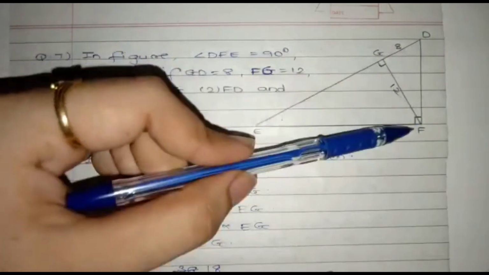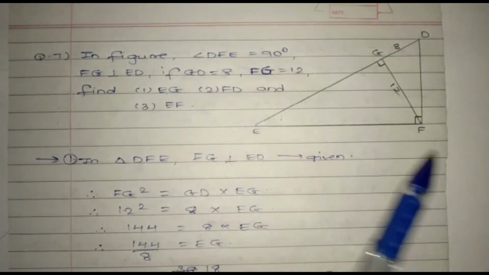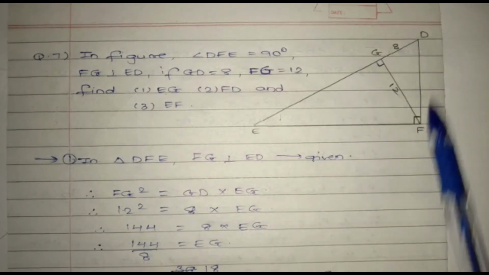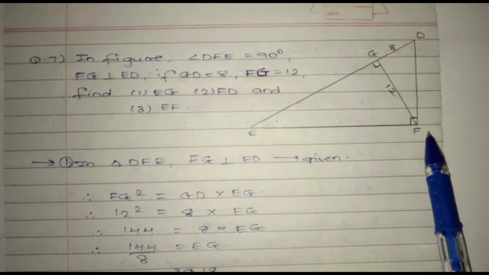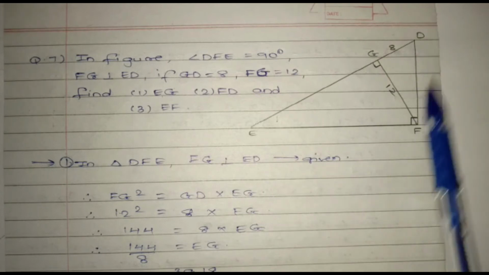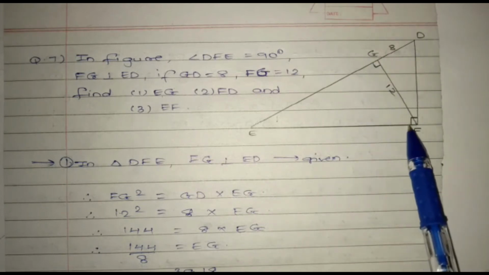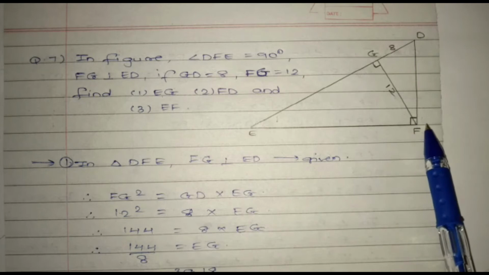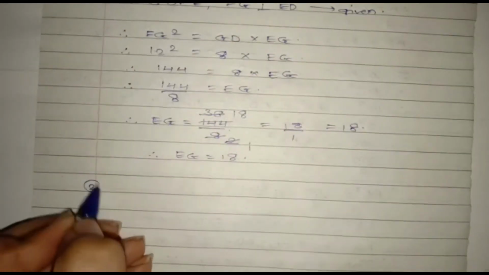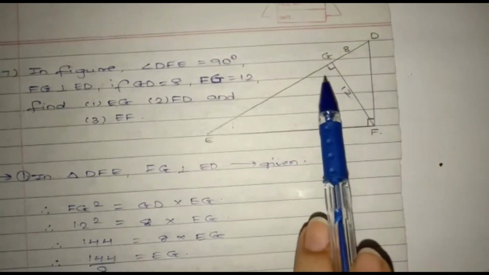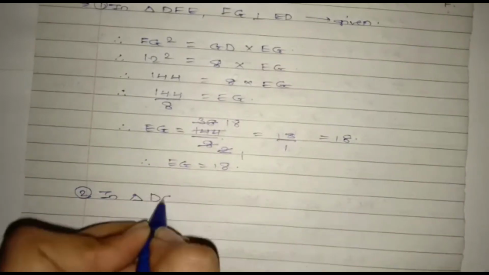Now we have to find out FD, which is this side. We can see that FD is the hypotenuse of triangle DGF. So we can write DF square is equal to GD square plus GF square using Pythagoras theorem, and we have GD and GF, so we can find out DF. Okay, so here I'll write second, in triangle DGF,